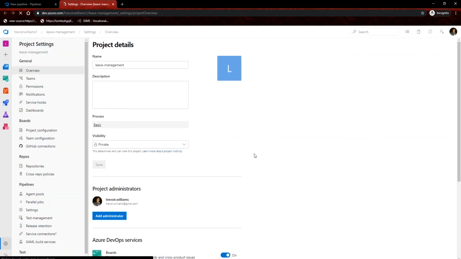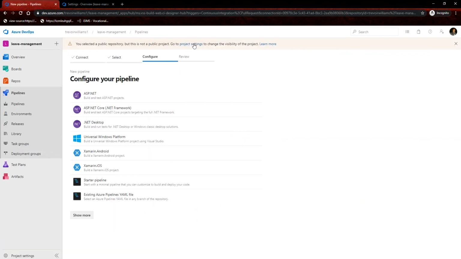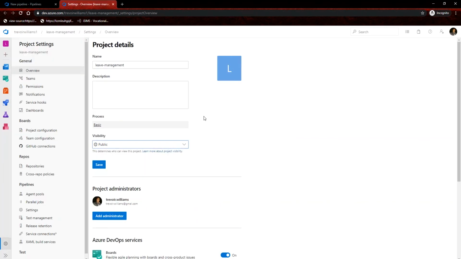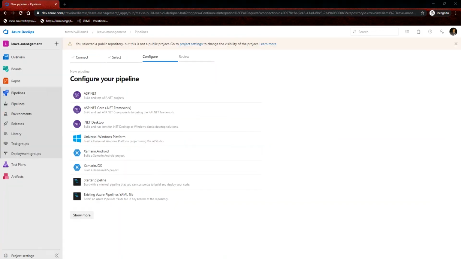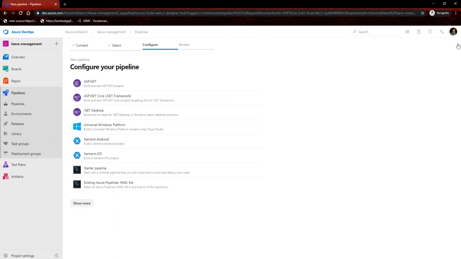All right, but I'm just going to switch this one from private to public, just so that I can stop getting that prompt. So I just clicked project settings, which brought up the project details, and I switched it over from private to public, and I'll save. And so I can continue. So I can just tick that off. I just did the change, so I can tick off the warning. And so I'm going to go ahead and select